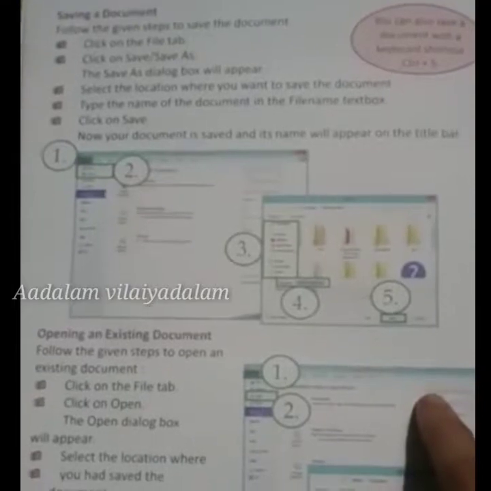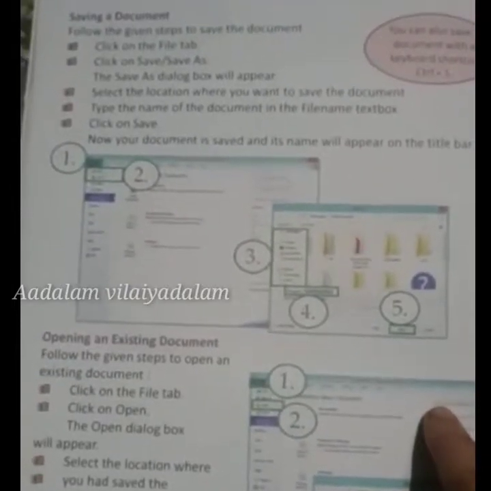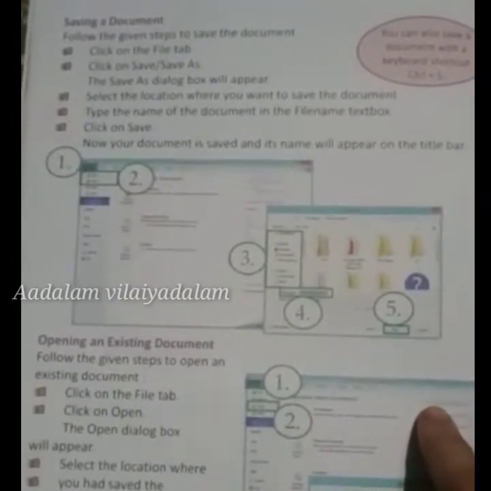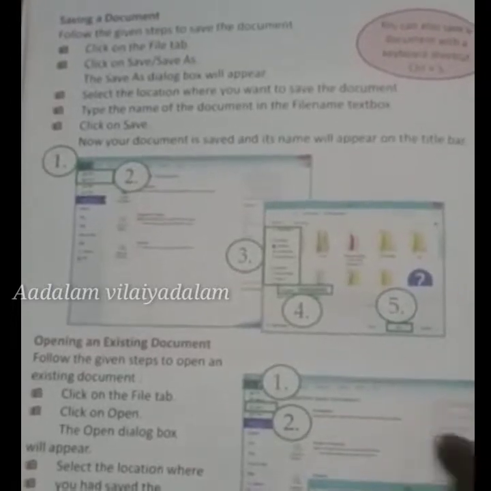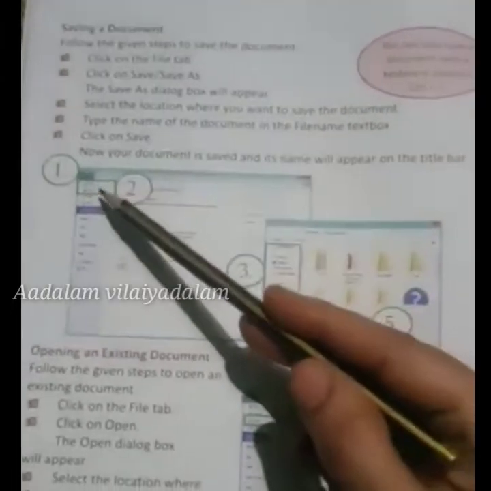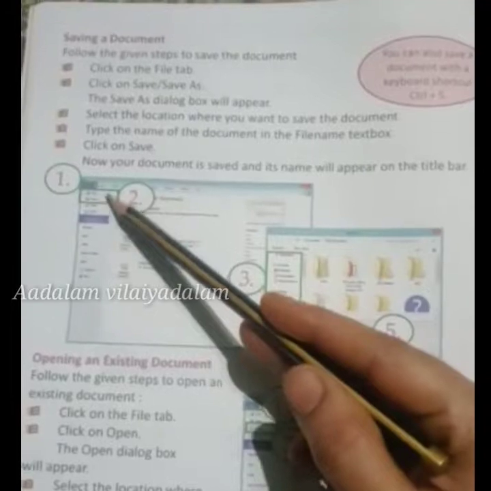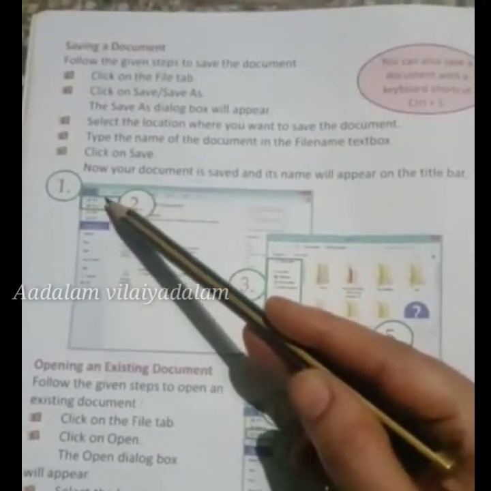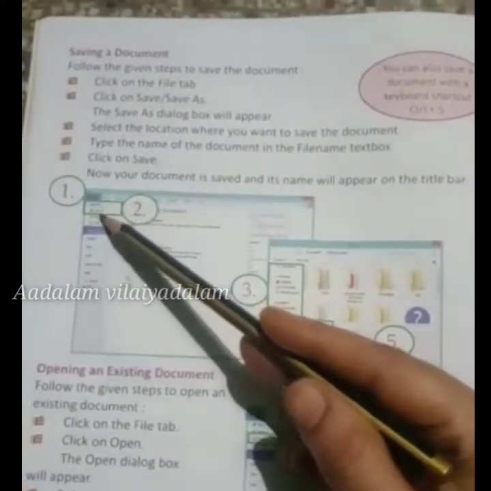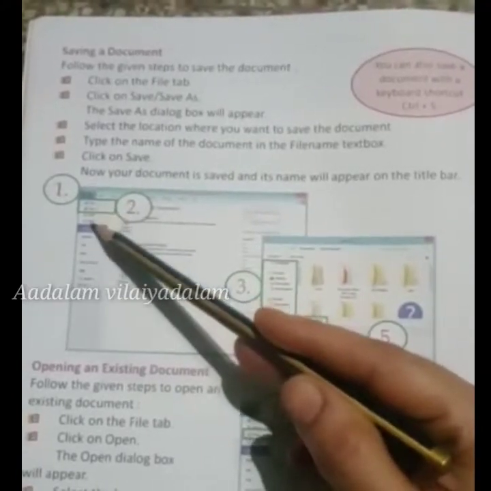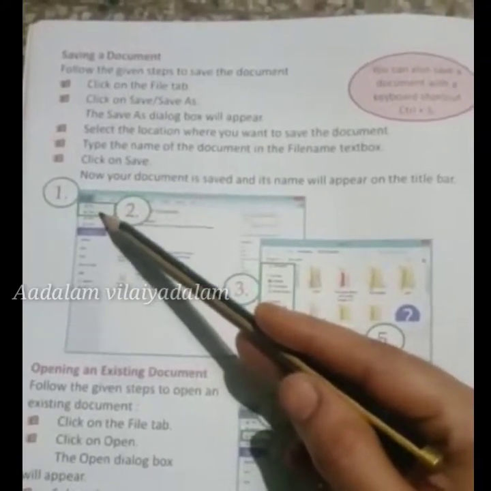Okay, next we are going to see how to save a document. After finished typing, we have to save the document for future reference. Go to the File tab in the same manner how we opened a new file. After the New option, the Save As option is there.